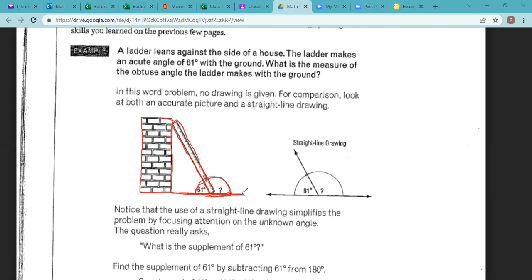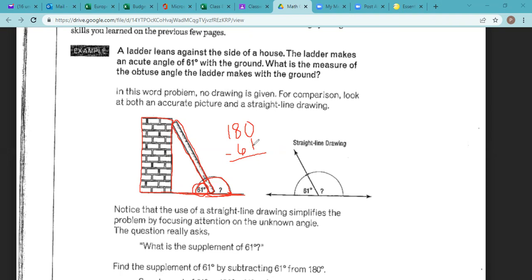So that means it has to be either a complementary, which is worth 90, a supplementary, which is worth 180, or if it's two lines crossing, it's a vertical worth altogether 360 degrees. It is a flat straight line, so this means that this is a supplementary angle worth 180 degrees. We know that the angle over here on the inside of the ladder is 61 degrees. So if we take 180 and subtract 61 degrees,